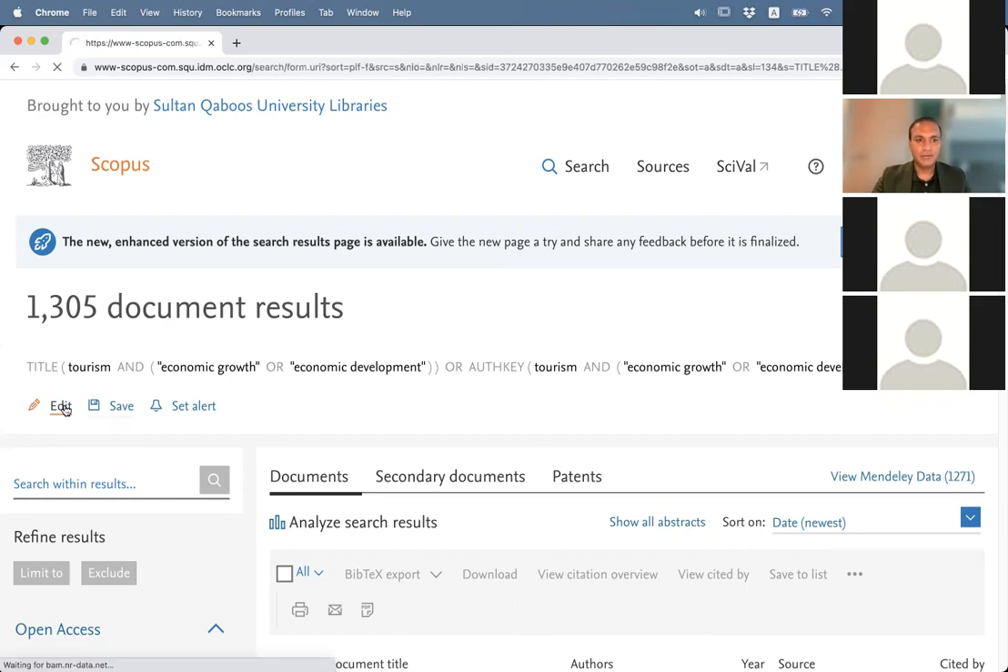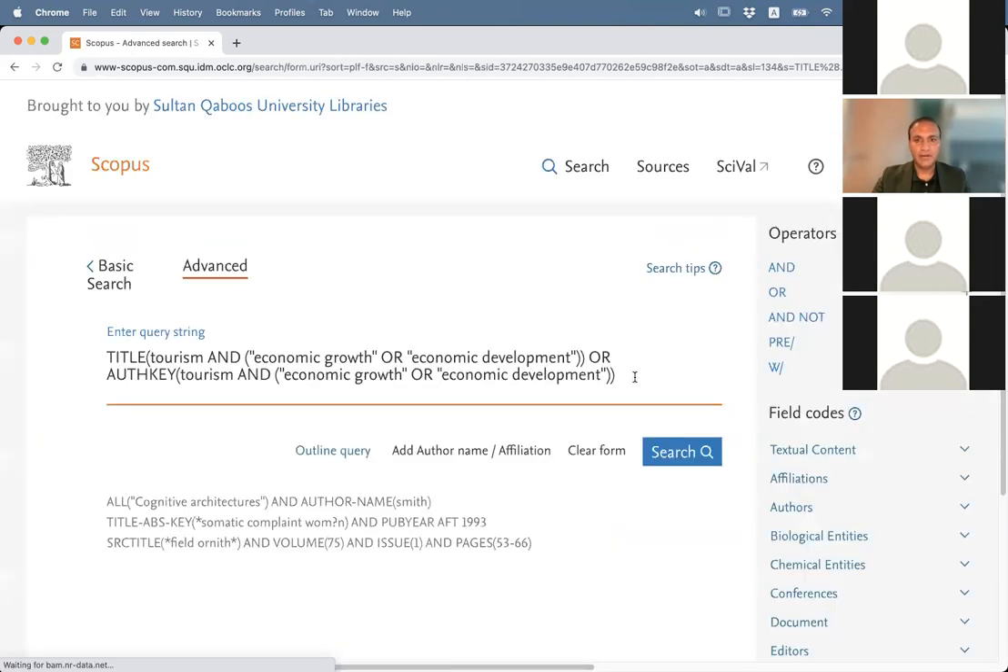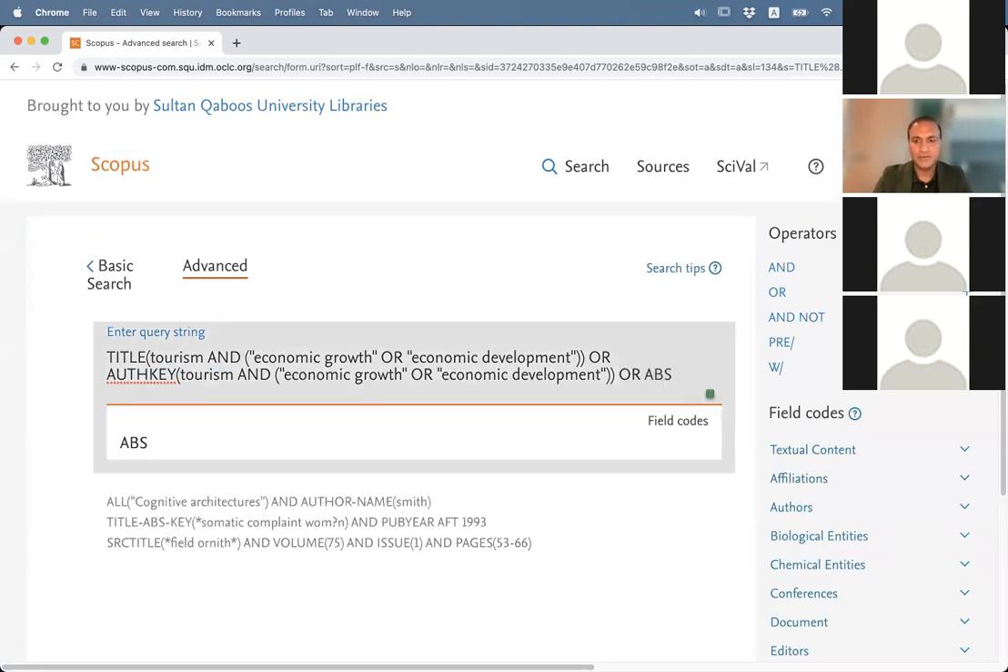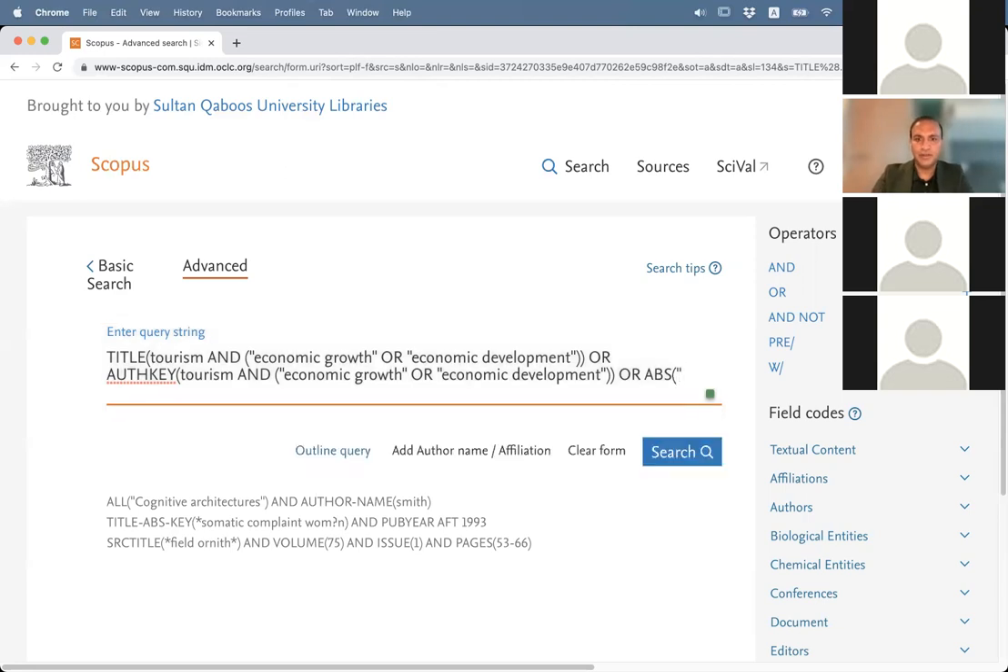I again go to edit here, and then I write that I would also like to have the articles from abstract. So abstract is ABS. This is the abbreviation for abstract. And then I don't want to write tourism and economic growth. Why? Because maybe they are not. So I would like to use the words in the abstract which are very, very specific, which will not bring irrelevant articles. So what I do for this topic, I will use, for example, tourism